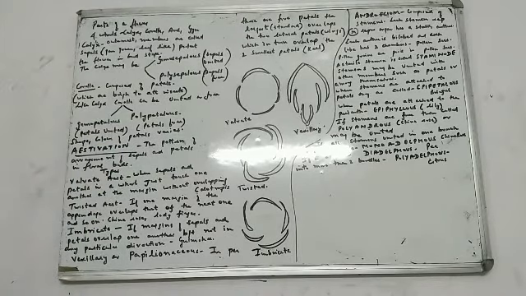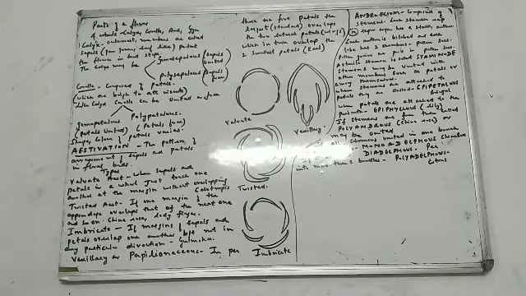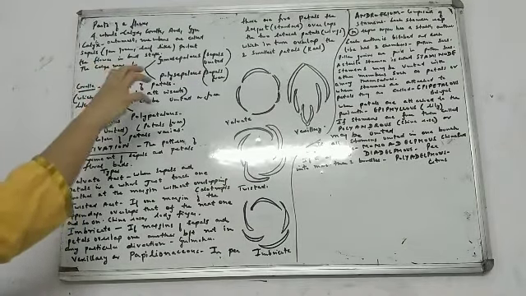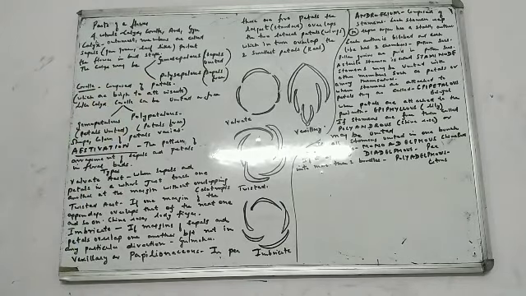We know that the size, shape and color of petals vary a lot in different kinds of plants. We move on. We have done four terms here: gamosepalous, gamopetalous, polysepalous, polypetalous. Gamo means united, so when I say gamosepalous, sepals are united. If I say gamopetalous, petals are united. When I say poly, it means free. So polysepalous means free sepals, and polypetalous means free petals. The next new term for you is estivation.